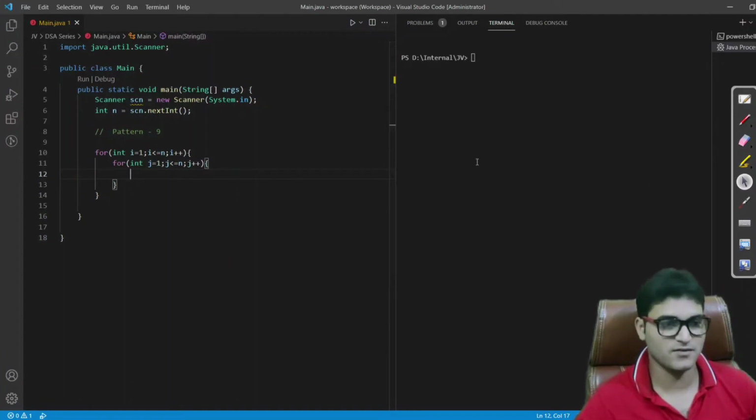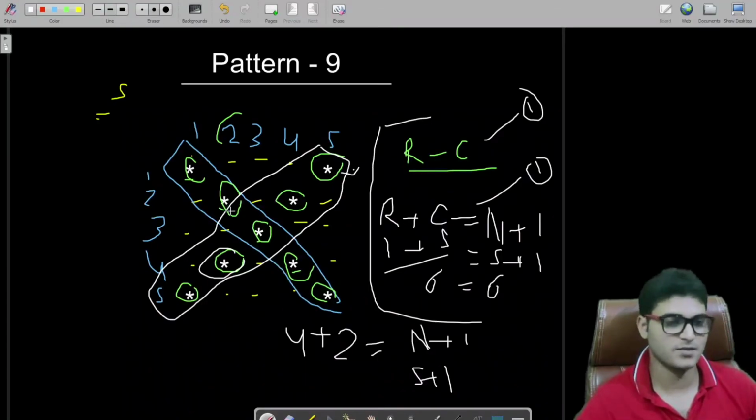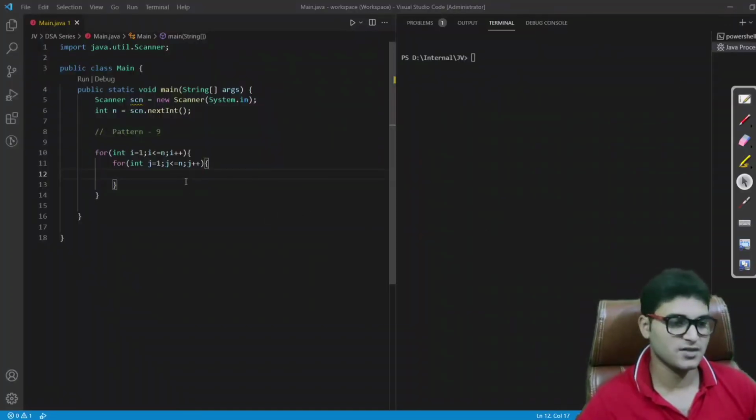Apart from this, let's come to the pattern. We have to print the columns till here in this case, because in our previous pattern we were decreasing or increasing our columns, but here we have to print stars or spaces till here. We need to print a star in the last row and last column, and we have to print a star in the first row and last column also. So that's why we have to run our inner loop also till the end. So that was the condition for that.